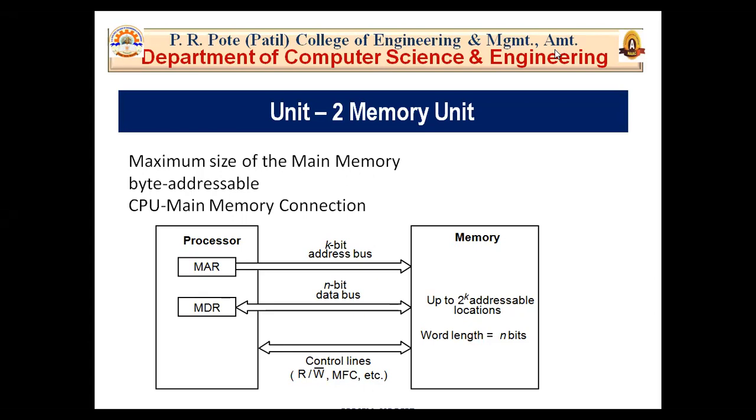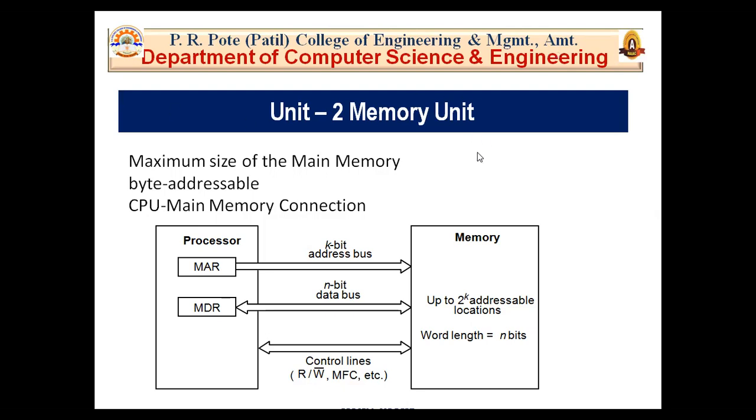As we know, the maximum size of the memory that can be used in any computer is determined by the addressing scheme that we have already discussed in unit number 1. So, what are addressing schemes? Word addressability and byte addressability. The maximum size of the memory is determined by using these two schemes, byte addressability and word addressability. For example,